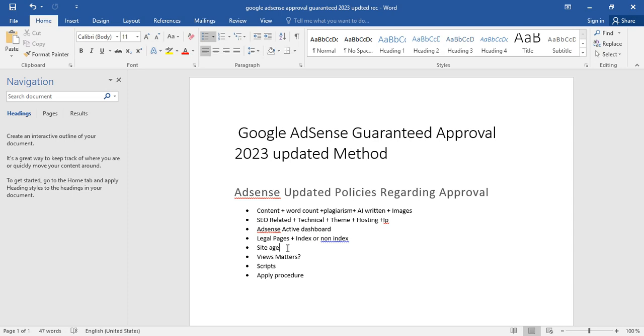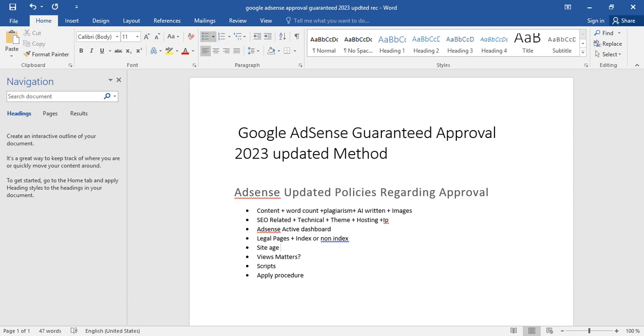Even after the application of SEO, your site does not produce results quickly. It takes time. So Google respects their policies, and Google knows their algorithm and how things happen. So if your site is old enough, it's good. If your site is 1 month old, it's good. If your site is older, it's good.